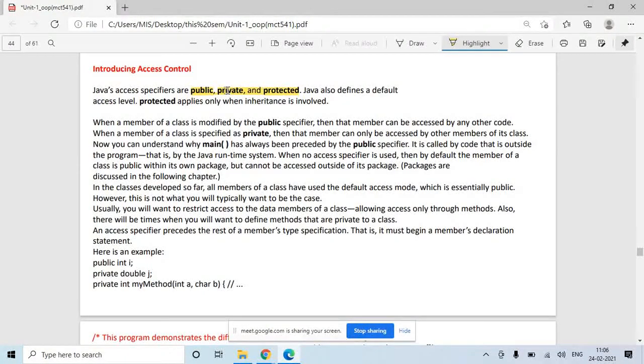Private variables or private functions of a class can only be accessed from within the class. They are not even accessible outside the class.